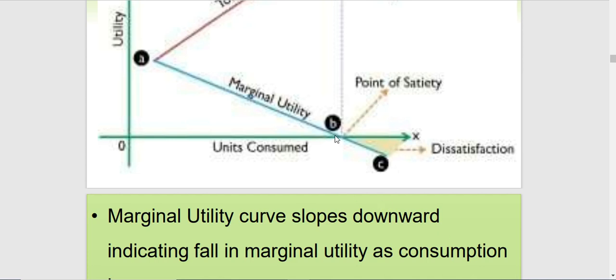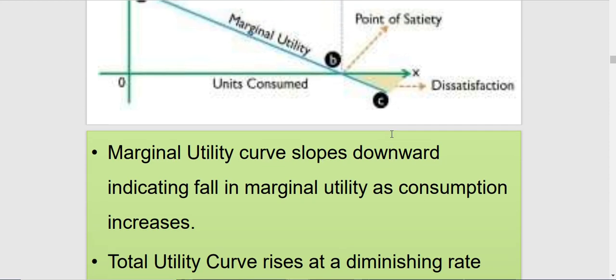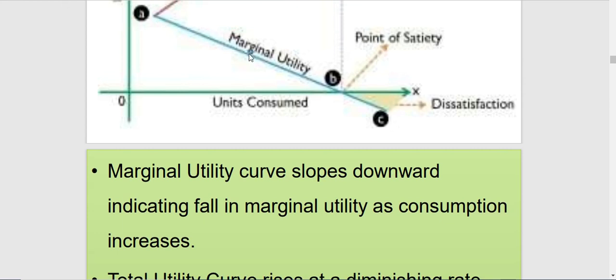So he has to stop at this particular point, which is indicated by point B, and we have the units of the consumer, the apples consumed, and the satisfaction enjoyed by the consumer after eating different units of the apples. This law of diminishing marginal utility can therefore be explained as follows. The marginal utility curve slopes downwards. This is the diagram. The marginal utility curve, children, is sloping downwards. It reaches a point where it touches the baseline and then becomes negative.